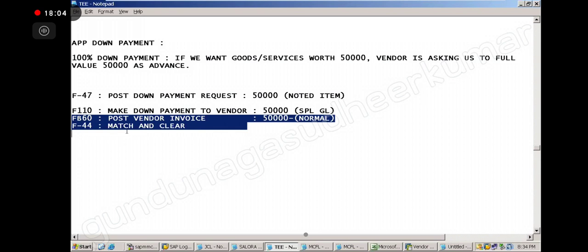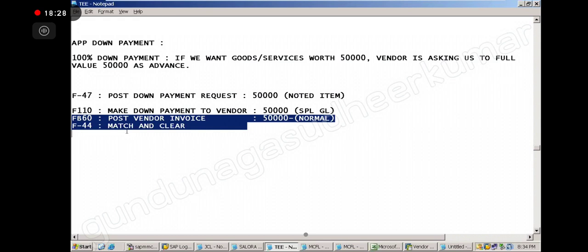For FP60, we will post the invoice first, then the payment request, right? So it's a 100% down payment. First payment, then invoice. The advance is always payment first, then invoice.